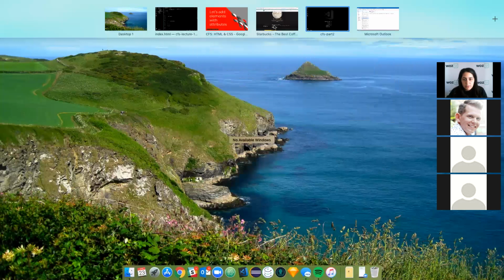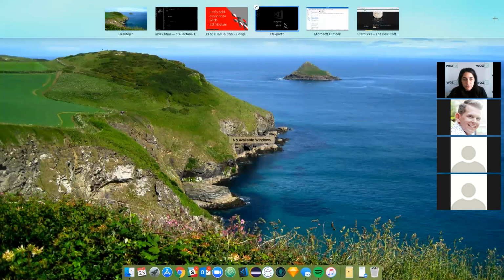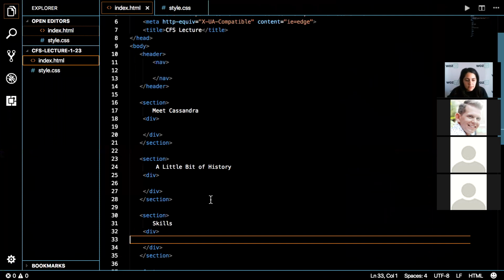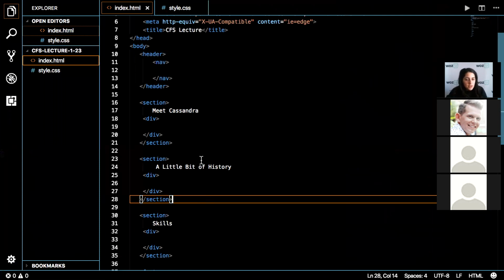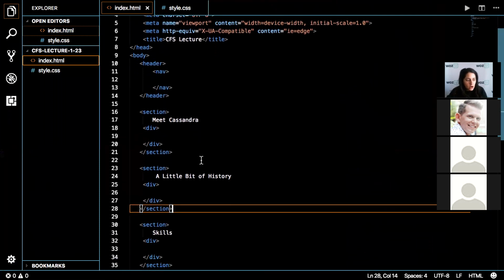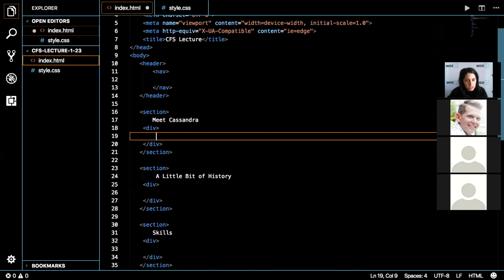I'm going to start the page here. All right. So here we have our code. So let's go ahead and let's start off with the image here. So meet Cassandra, I'm going to put it inside of this div. I'm going to have my image tag. Something I didn't mention earlier, an image tag is self-closing. So it does not require that closing tag. So I'm going to put my source location, and then I'm going to close it out.